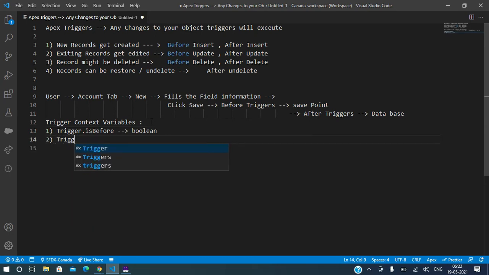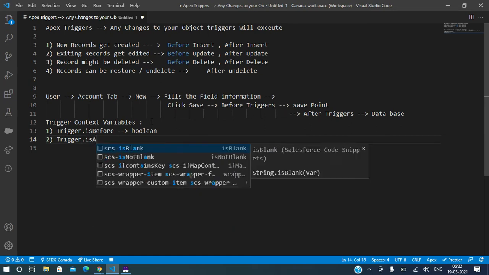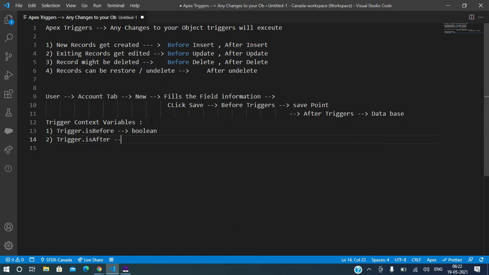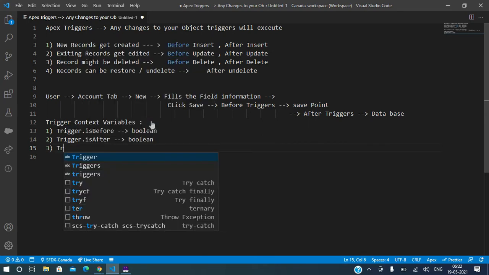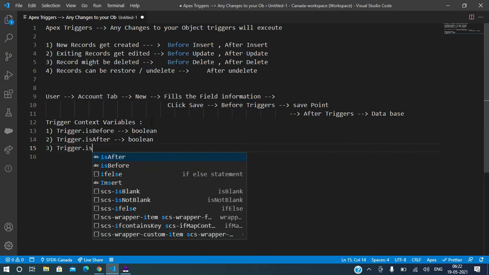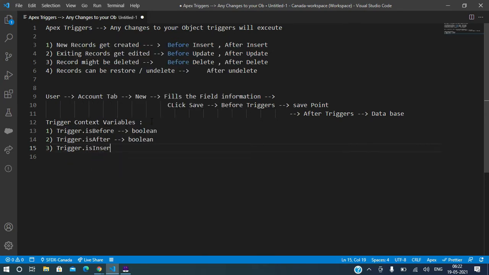Okay. For after also we have the same concept. Trigger.isAfter also returns boolean. So when I say boolean, if it is an after trigger, then you will get true. Likewise, we have all these boolean variables: Trigger.isInsert. You also need to know what is insert, what is after.